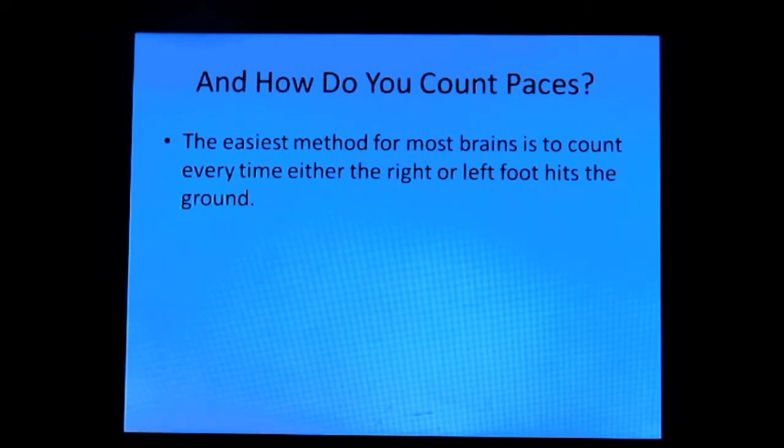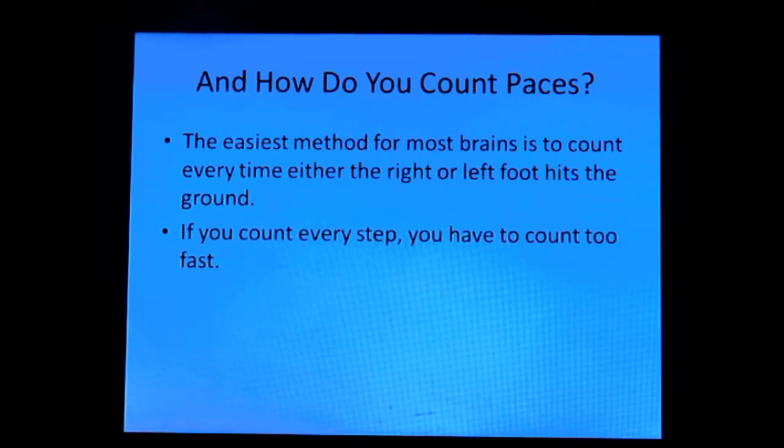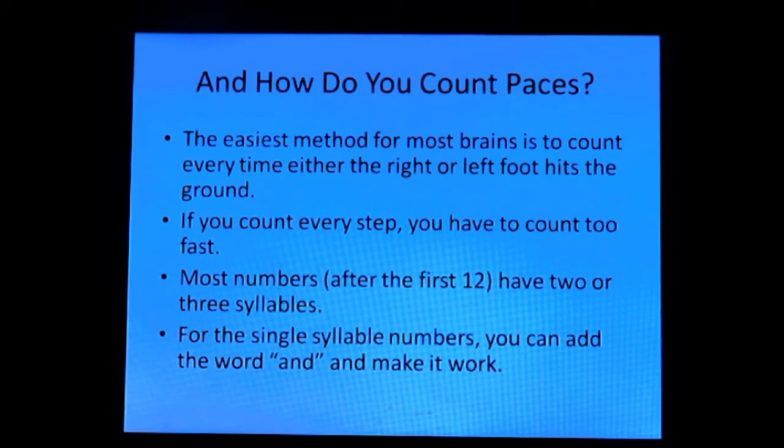And how do you count paces? The easiest method for most brains is to count every time either the right or the left foot hits the ground. If you count every step, you have to count too fast. Most numbers after the first 12 have 2 or 3 syllables. For the single syllable numbers, you can add the word and